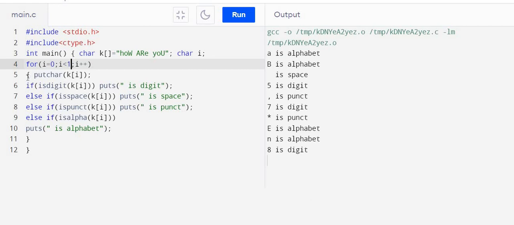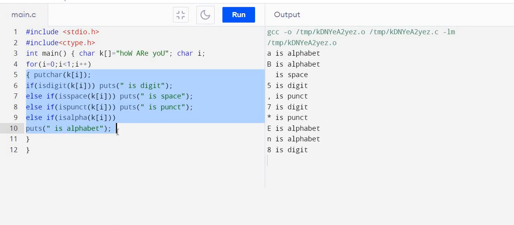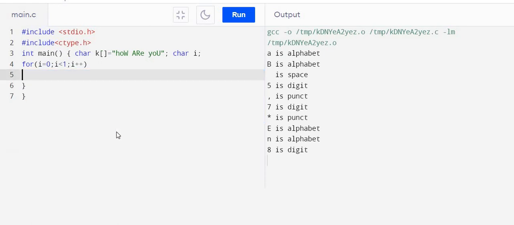Now we need not put this character change etc. We have to directly check every character. If it is lower, then convert into upper. That's all. So check here: if k[i] is lower, then what we have to do is make it upper.